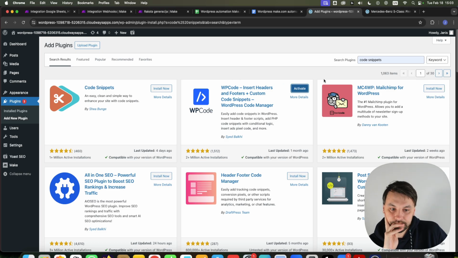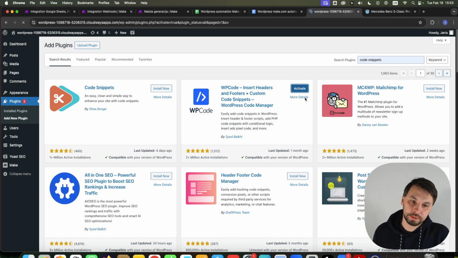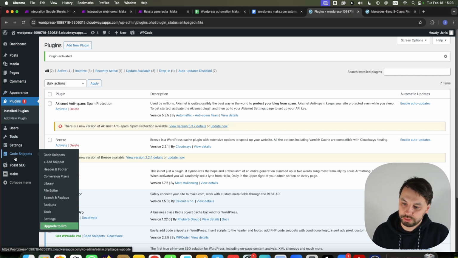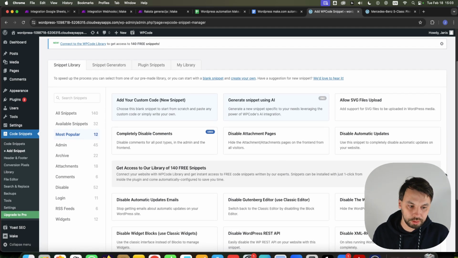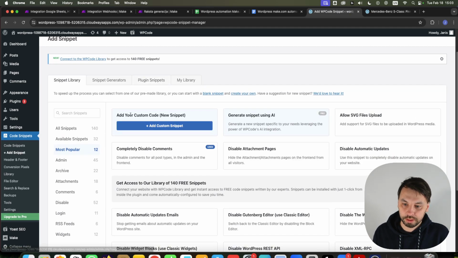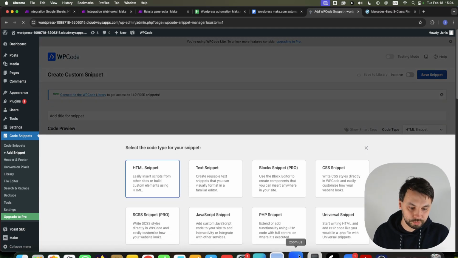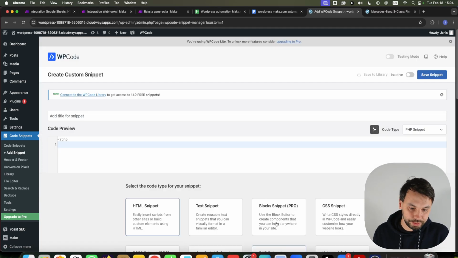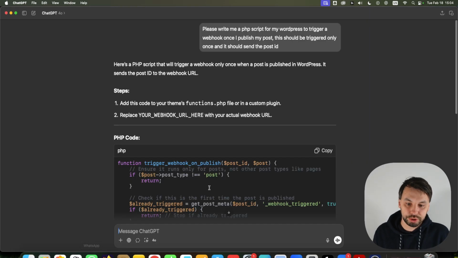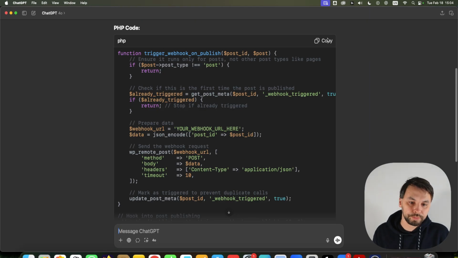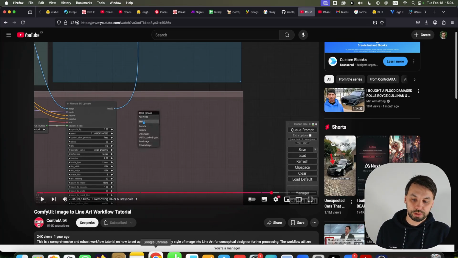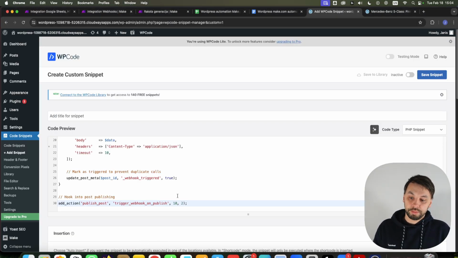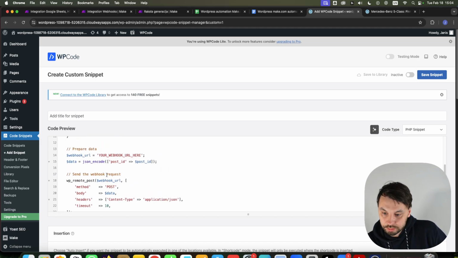We're gonna install it, activate it, and go to code snippets, click on add new, add your custom code, PHP snippet, go to ChatGPT, it finished, we copy, we go back to our WordPress, paste the code here, and